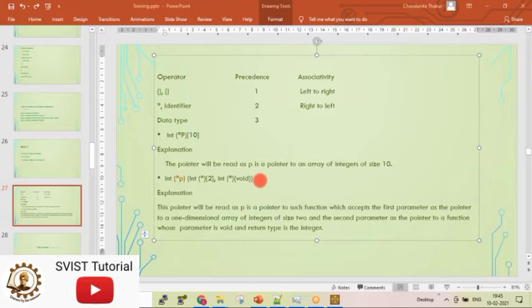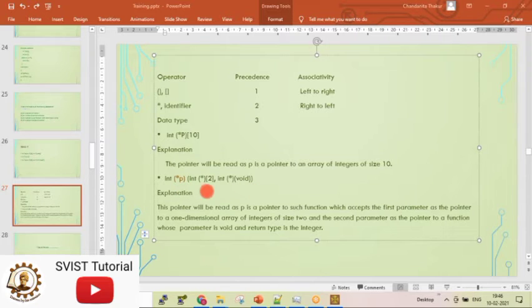Okay, see here. This is one bracket closing, and this is one bracket opening. This one is one bracket opening. So one bracket opened and one bracket closed. So this is what? This is the symbol for a function, when we write one opening bracket and one closing bracket. So this is an opening and this is a closing. So this is a pointer to a function. So we'll say P is a pointer to a function.